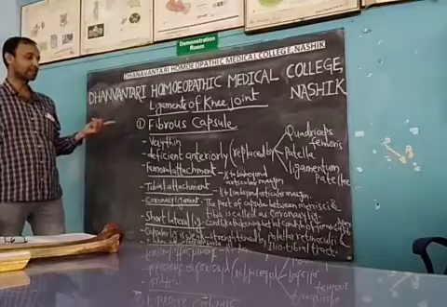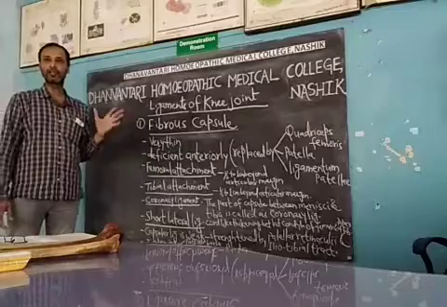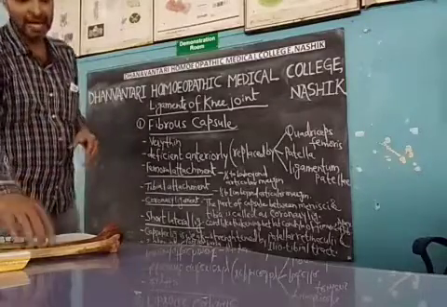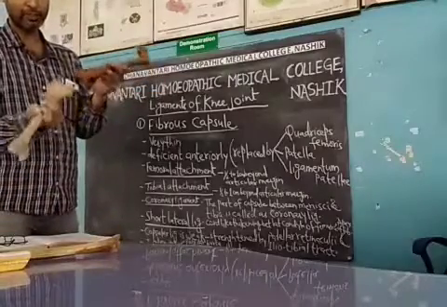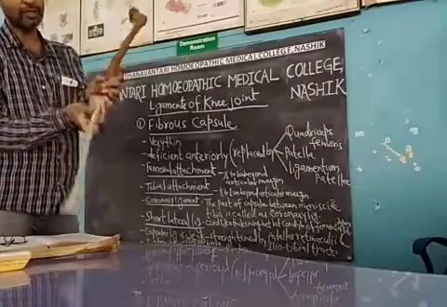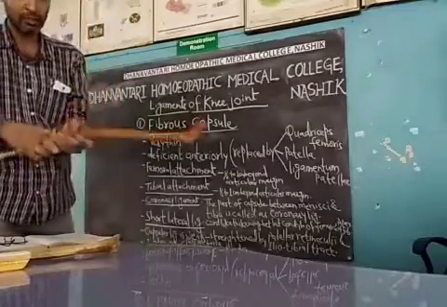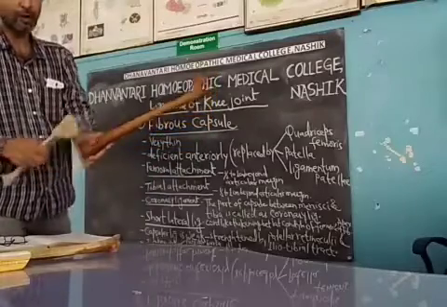As we have discussed, there are a total of 11 ligaments. In each ligament we have to describe their attachments. So first we'll see the fibrous capsule. As we know, this entire joint is covered by a capsule. So now, about this fibrous capsule.